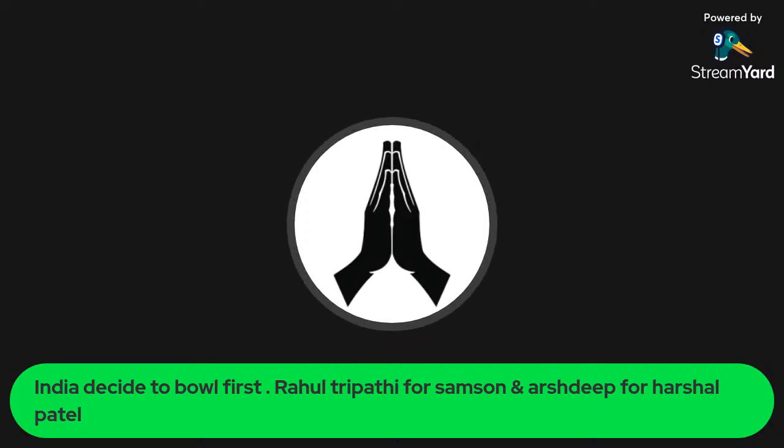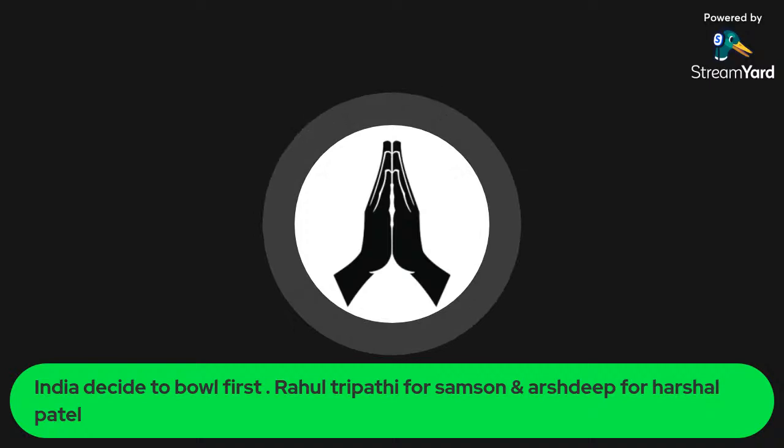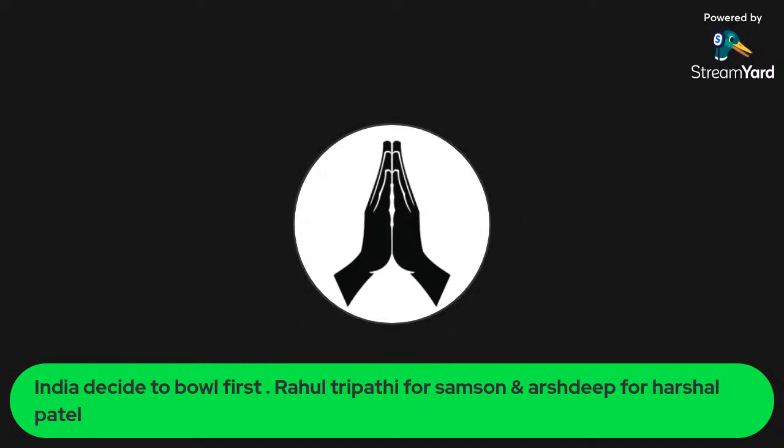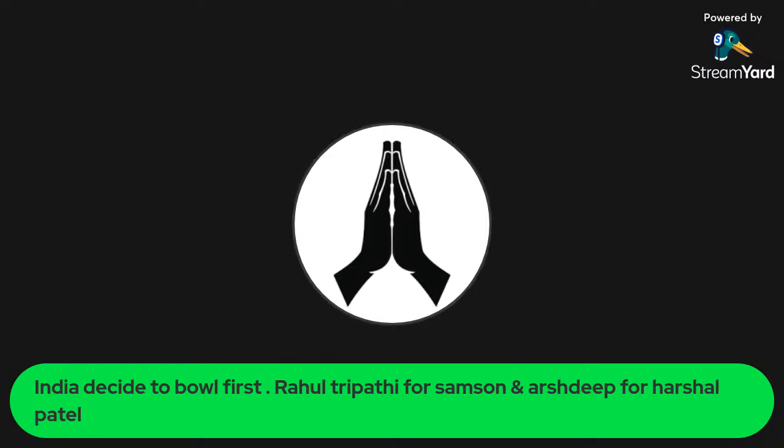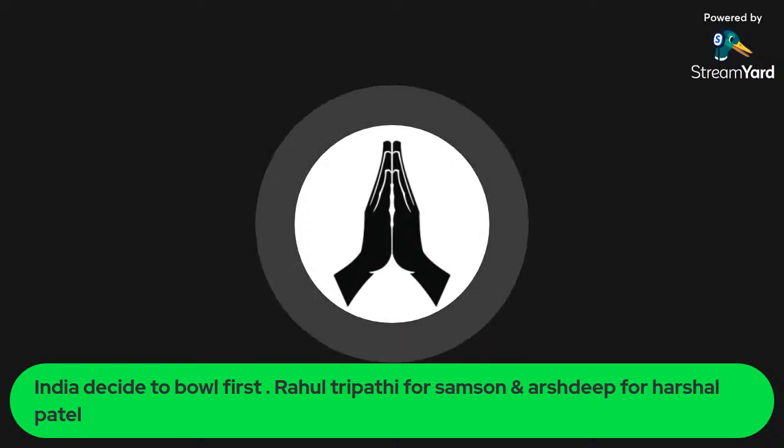Hardik Pandya again bowling the first over here for India. He also bowled the first over in the last game, but that was when India put a total of 163 for Sri Lanka. He bowled when India had to defend a target. Now he's starting the bowling in this game, where Sri Lanka has to give a target to India. So let's see.